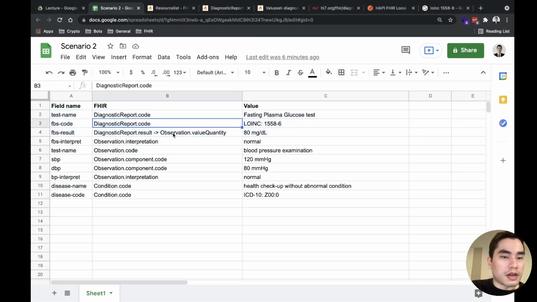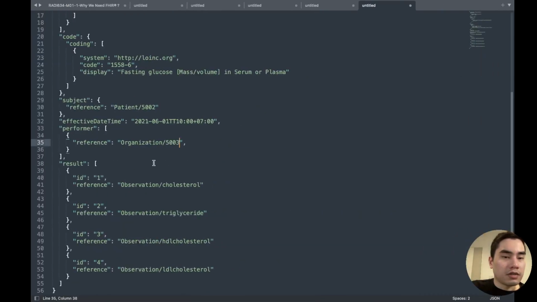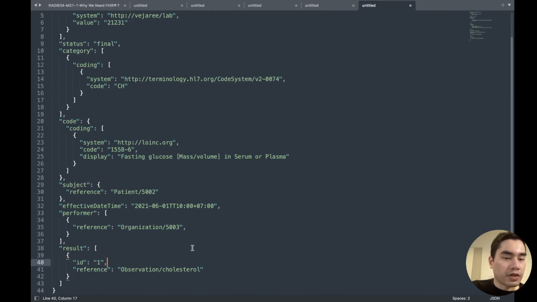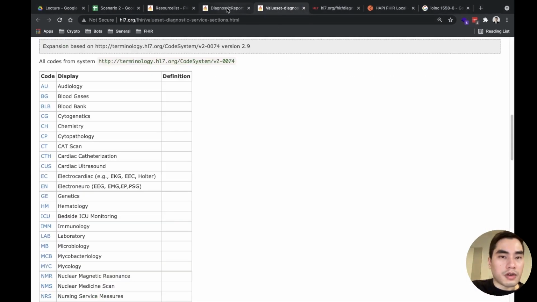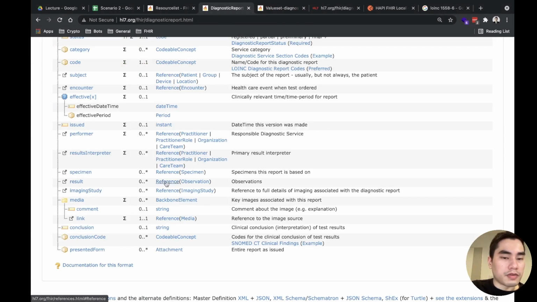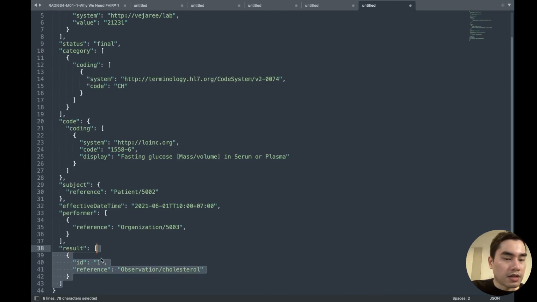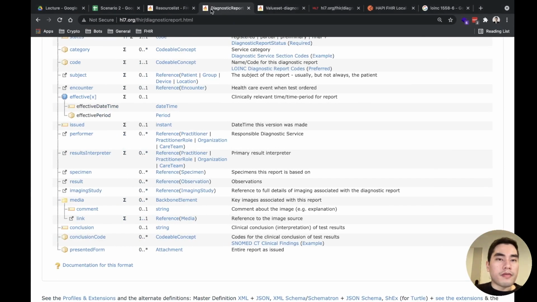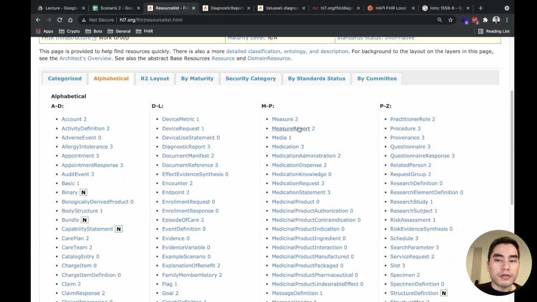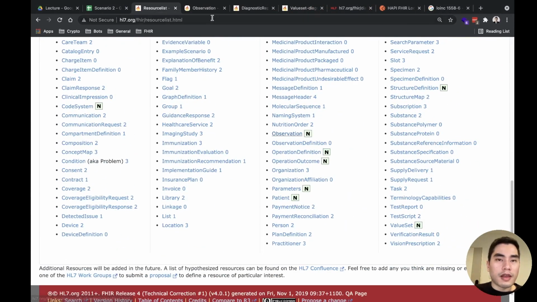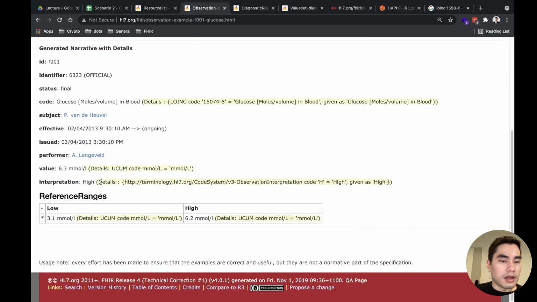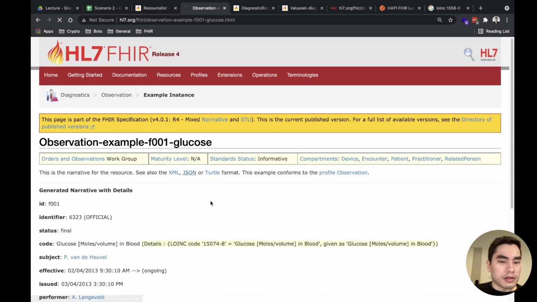This one. The next one is observation, so we have to reference the observation. The result is here, and we have to reference it, and it has inside this. So you can keep it like this. So you have to create the observation first. Then we go to the observation and just pick something, maybe glucose, and we have the JSON here.